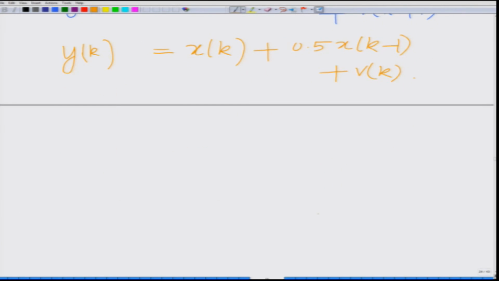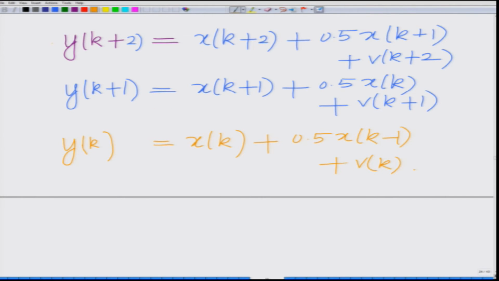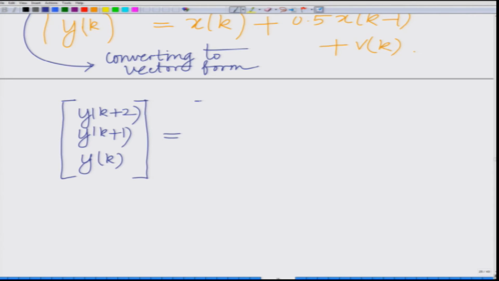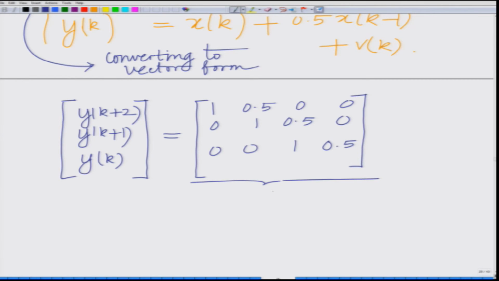Now, putting these three things in a matrix form, stacking this, converting to vector form, we have the output vector y bar of k. What is the output vector y bar of k? Which is yk plus 2, yk plus 1, yk, which is equal to 1.5 0 0, 0.5 1.5 0, 0 0.5 1.5. This is our matrix H,